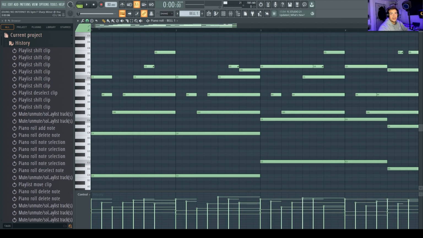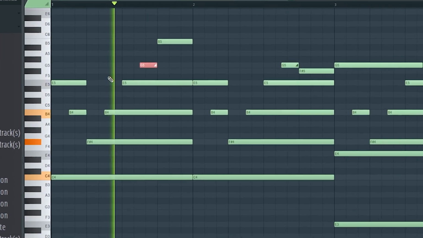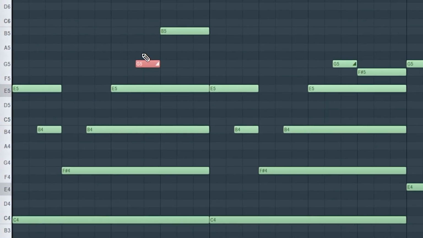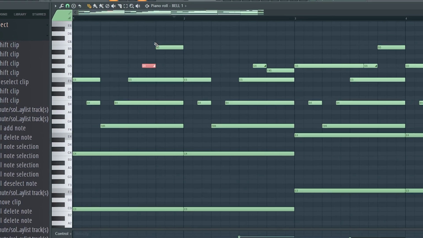Now the chords have been laid down, I'm going through the scale and I'm adding passing notes to fill up the melody, but the main source is the glide notes I've added. So on this G you can see I've added a glide. I'll show you how it sounds. So this G is gliding up to the B. Without it,